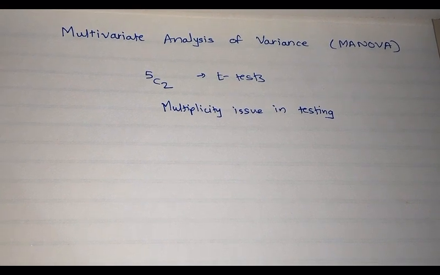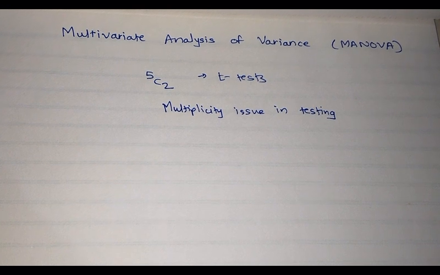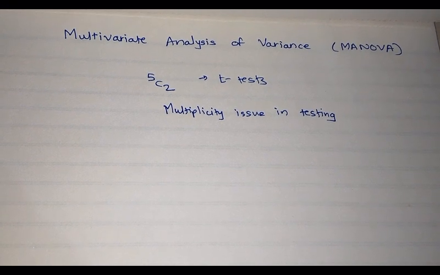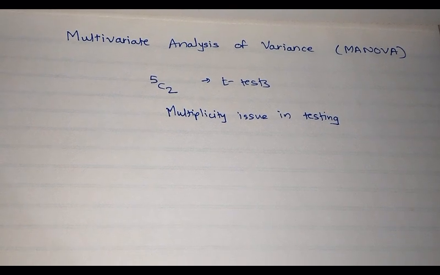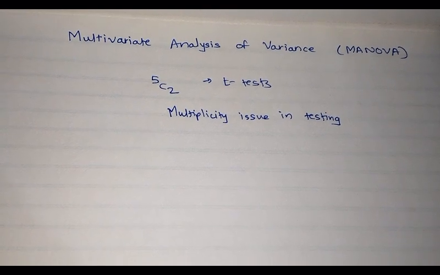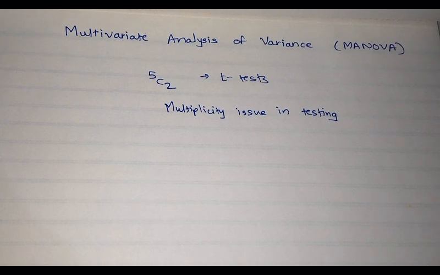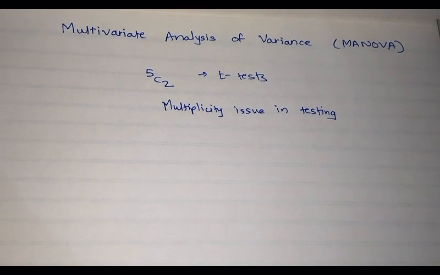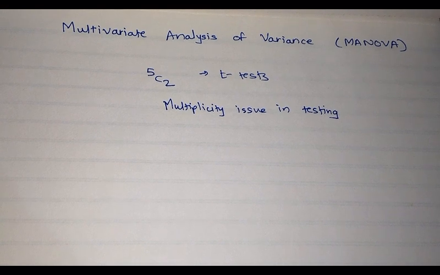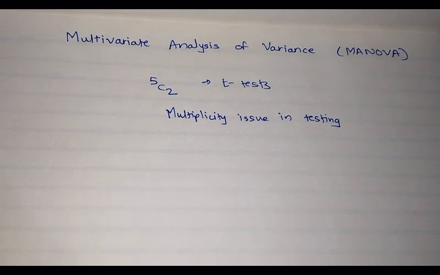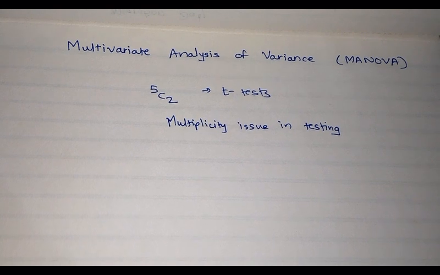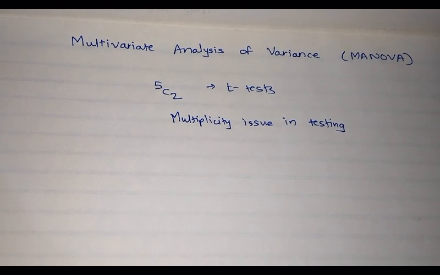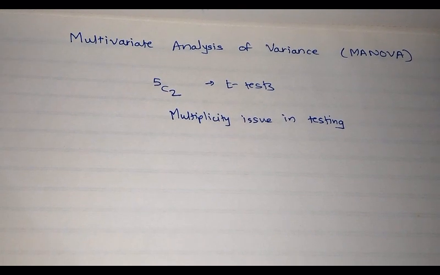We know that for a single test, generally we assume that the probability of type 1 error cannot exceed 5%. That's how the test procedure is designed, that the probability of type 1 error should not exceed alpha, which we generally take as 0.05. However, if I go on conducting multiple tests, then the probability of type 1 error would be 5% for each individual test, but that would mean that overall the number of errors would increase.